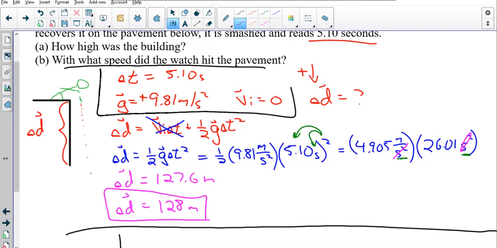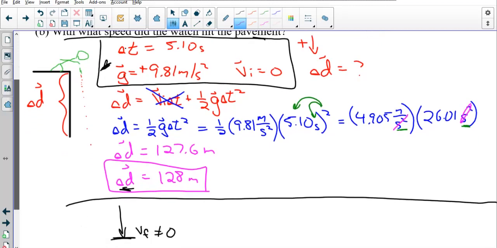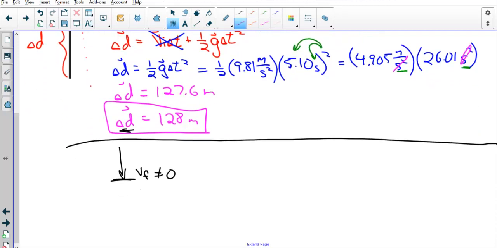So in part B, we are going to use basically the same givens provided. We're going to reuse these. I could use the displacement I just found, but I tend to not use values that I just calculated if I don't have to. So I'm going to use the same 3 givens as before. I've got my initial time, I've got my acceleration of gravity, and I've got my initial velocity. So therefore, I'm going to probably use equation number 3. My final velocity, I know it asks for speed, but I'm going to find velocity anyways, is equal to my initial velocity plus my acceleration. In this case, I'm going to replace my a once again with the letter g because it's accelerating by gravity,